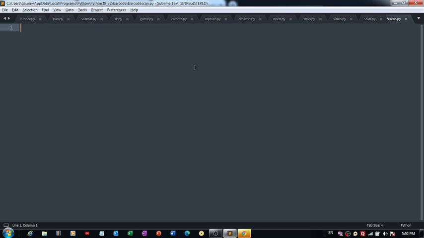So, today in this lecture, we are going to develop again a very amazing mobile application, the name of which is barcode scanner, or you can also call it a QR code scanner. For this application, we will be using two libraries. The first one is the OpenCV library, which we use in computer vision, which is again a domain of artificial intelligence that is used for